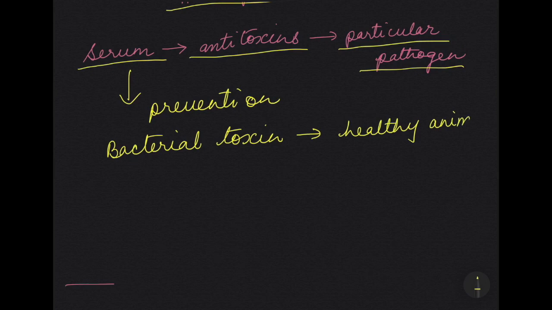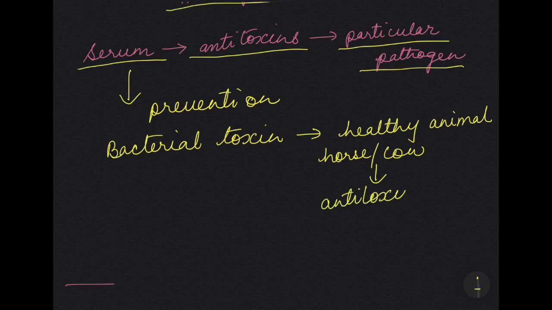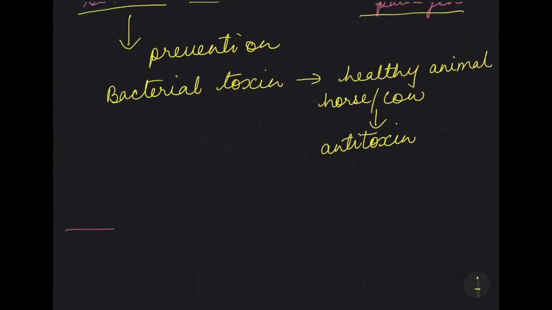So now what happens in the body of the healthy animal, like horse or cow? The body produces antitoxins. That is, it will start producing antitoxins. And many times this is injected into the body of the healthy animal, and after some time the blood is